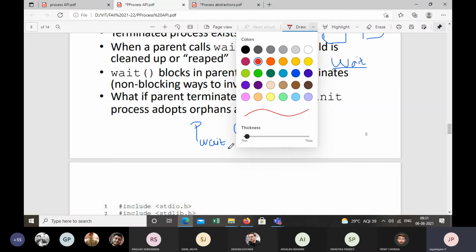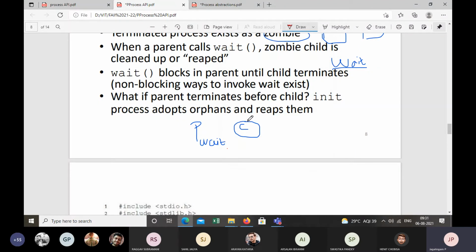Let's say that when child terminates, the parent no longer exists. So we cannot clean the child completely from the system. Now in this scenario, who is going to clean the child process? Parent is not available, so who is going to clean the child process completely from the system?